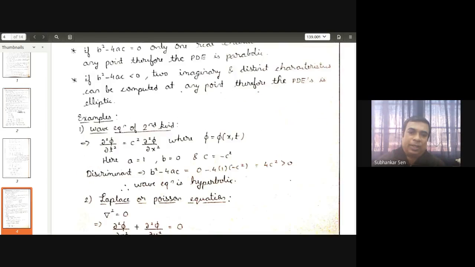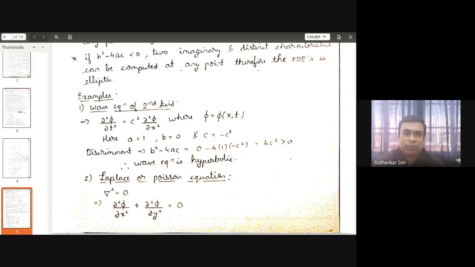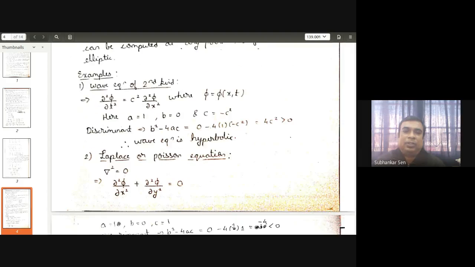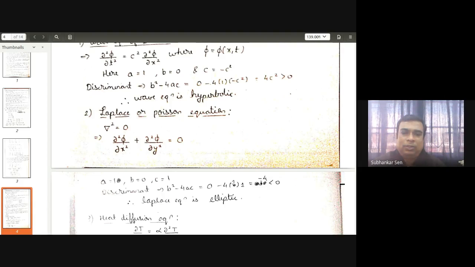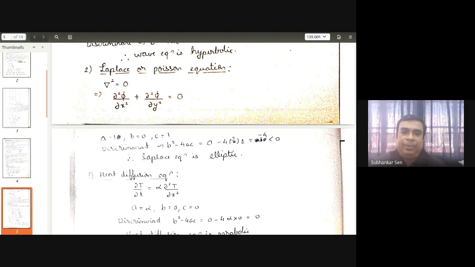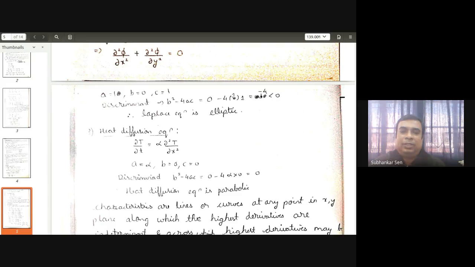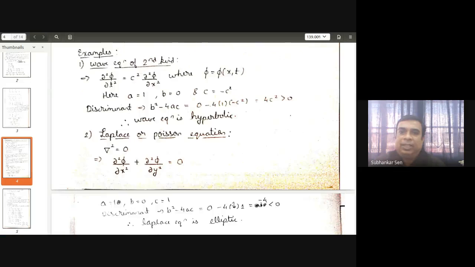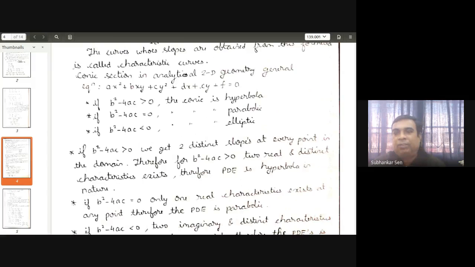So here we have shown some examples. We have shown the wave equation and derived that the wave equation is hyperbolic. This is the Laplace equation; it can be Poisson also. We are just finding the values of A, B, and C, and finding the value of the discriminant. For the Laplace equation, we show that it is elliptic. This other equation is the unsteady heat conduction in a rod. We find the values of A, B, C, and conclude that this heat diffusion equation is parabolic. So this classification of partial differential equations in a CFD problem is the first step,